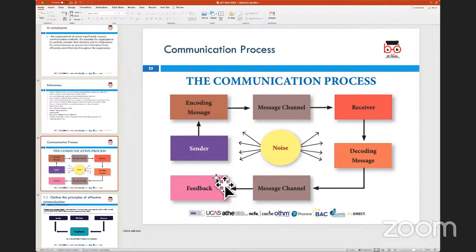So somebody is sending a message, you are on the other end receiving the message, and then when you relay back with a bit of either nodding your head, or typing something in the chat window, or interjecting with me while we are discussing, or you respond back, that is the feedback, and that part of it completes the process.